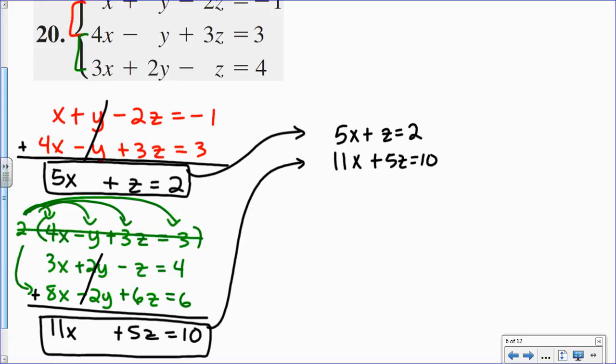So what I do is I have to do elimination 3 times. So I had to do it 2 times to get rid of 1 variable to give me my 2 equations, and then I'll do normal elimination to find x and z. Okay, let's get rid of z. So what should I multiply the top equation by? Yeah, let's do -5. So then